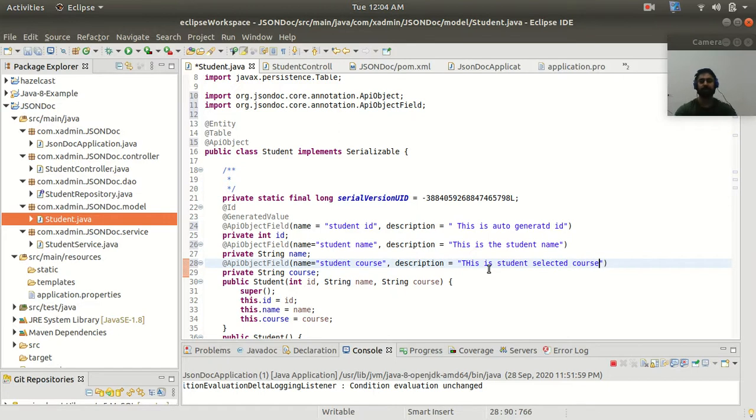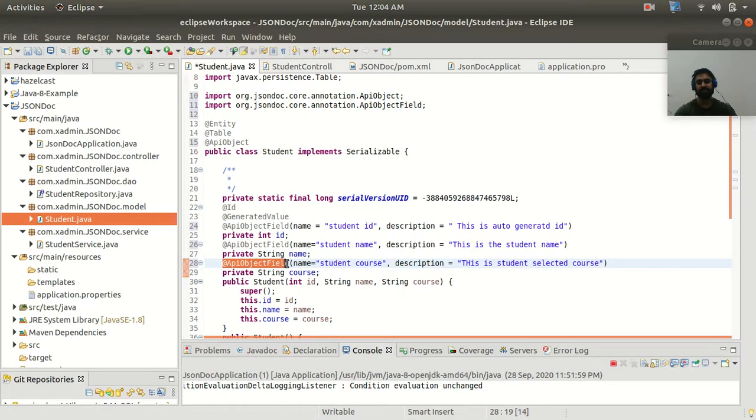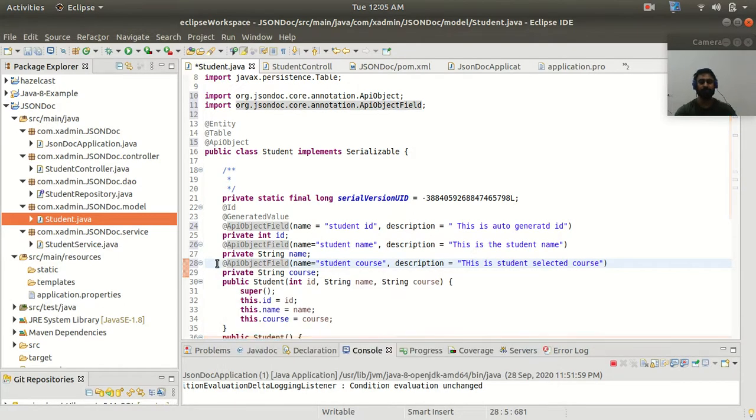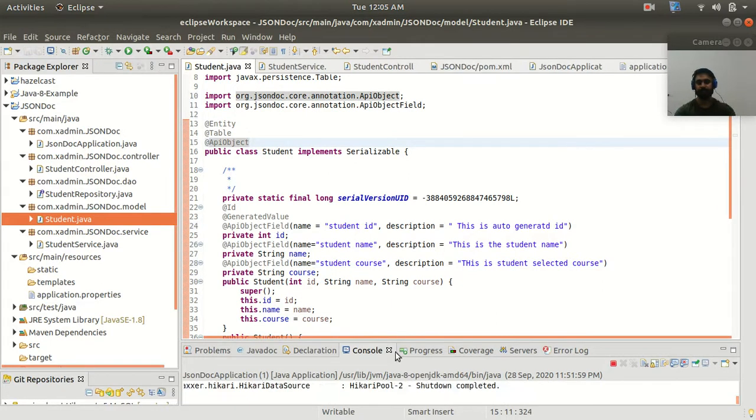So these are the annotations you can use to provide some description or the name for our field. So API object field is the annotation for providing the description and the name for your field, and you have to annotate with the API object class level annotation, right? So let me save this.